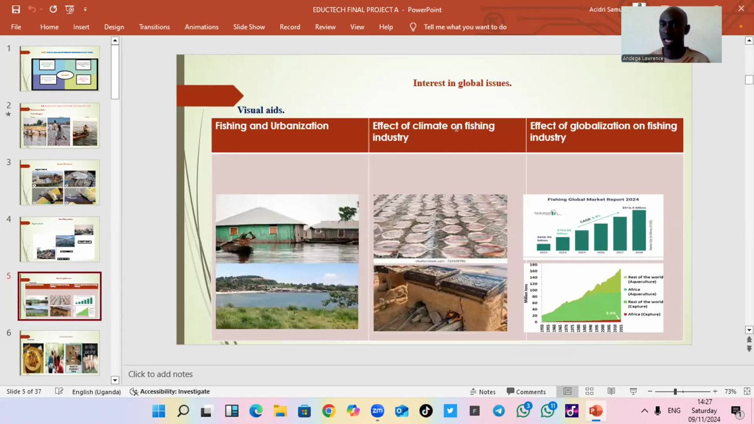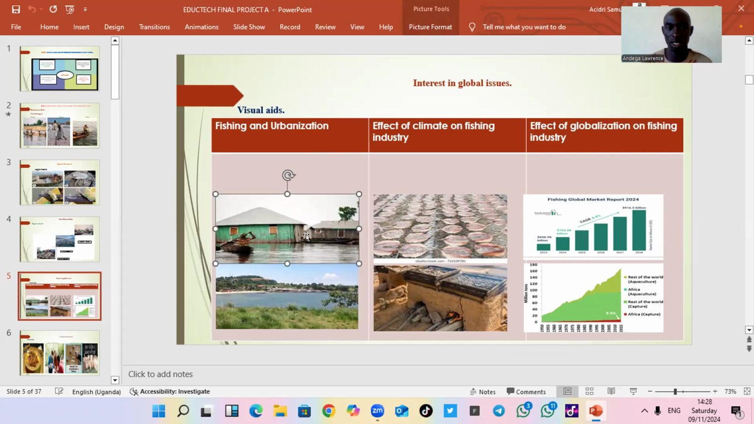And then I also have some specific learners, because in total I have 46 students in my class, and I have learners that are interested in global issues. They like researching on each and everything that is relevant and happening in our world today. And to increase that more, especially when I'm teaching fishing, I always make use of pictures. And you can see here that I have a picture showing a water body, and